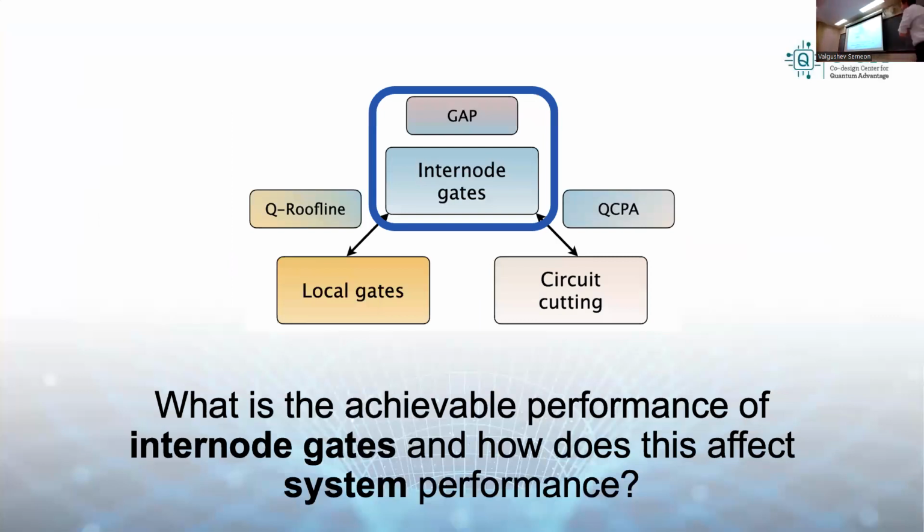So let me focus now. We've seen now what is the achievable performance of internode gates. The second question I need to answer is, what does this mean for system performance? So what I'm going to do here is take that Snoopy plot, and I'm going to put